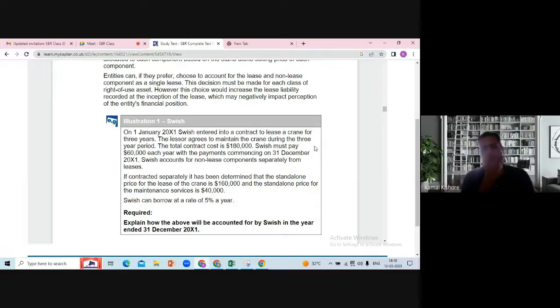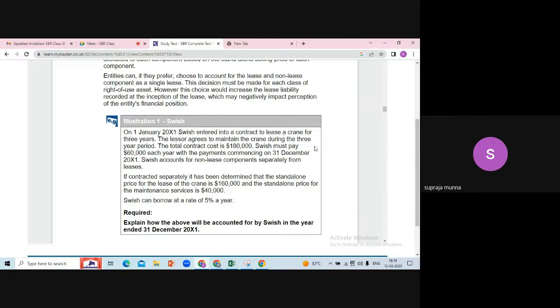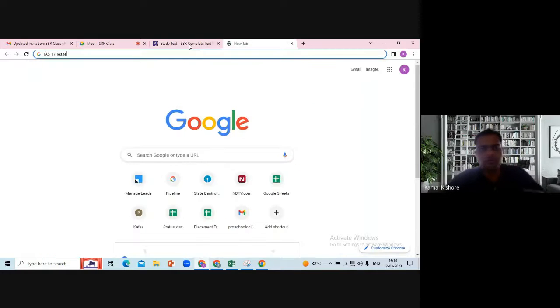Crane. Okay. Yeah, it's a crane. So it comes from non-lease component separately from leases. If the contract is separate, it has been... So okay, one good example to give is I think there is one company called